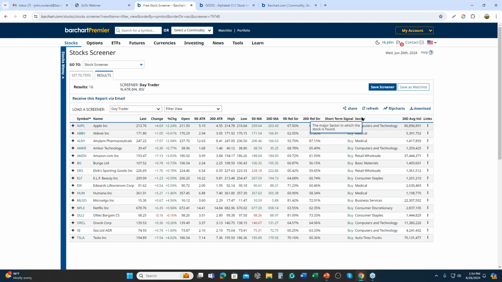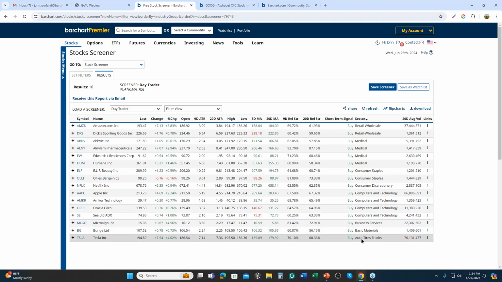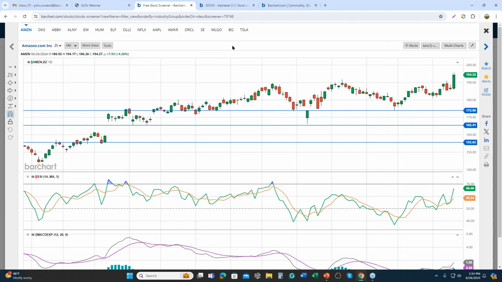Again, I could sort this by sectors and then see which ones I see a lot more activity in. So we get a little bit of a mixed bag today, but as I said recently, a lot more computer technology ones. So let's go to our flip charts, and I'm going to show you how to take this to the next level for my day traders here. All right, so I'm going to go back into my templates here,